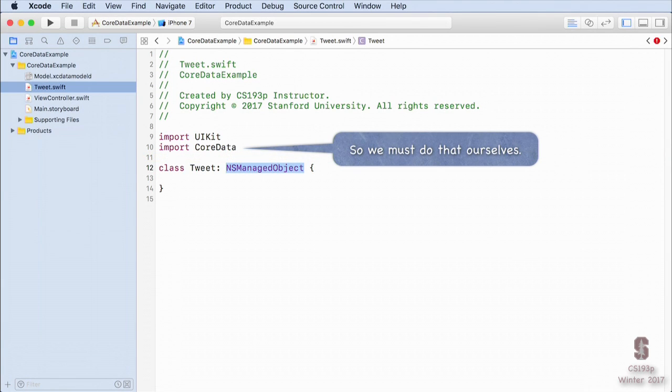All the code that you write, anytime you're doing something in Core Data, you have to import CoreData. It's a different framework than UIKit, so you must import it everywhere that you're going to use it, just like we had to import Twitter everywhere we want to use that Twitter framework that I gave you. I think it's just an oversight that Xcode, when you choose NSManagedObject as your superclass, doesn't know that's in Core Data, so it should import CoreData there. Don't know why it doesn't do that.